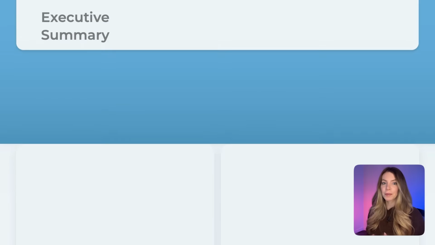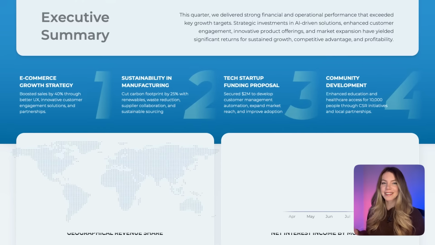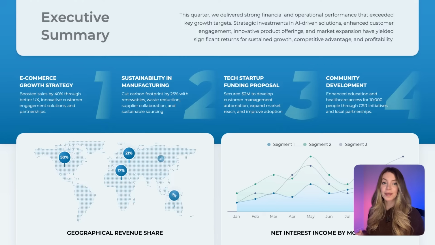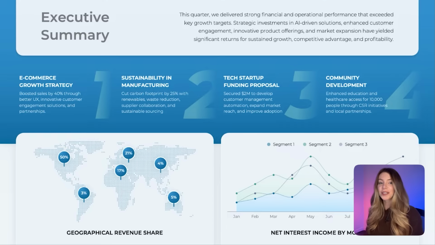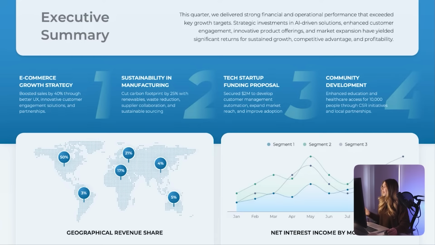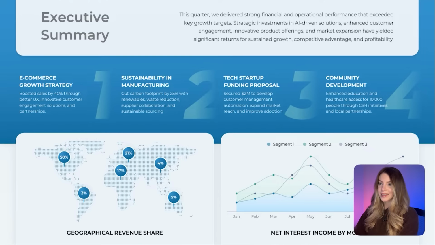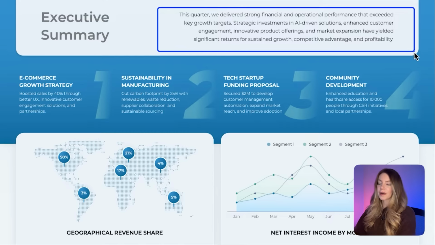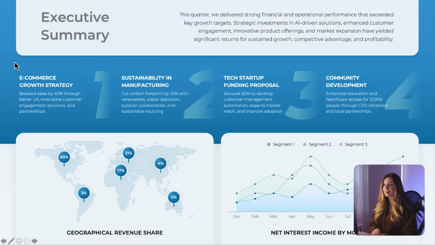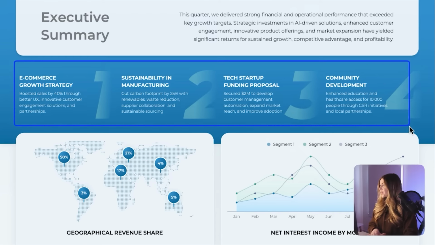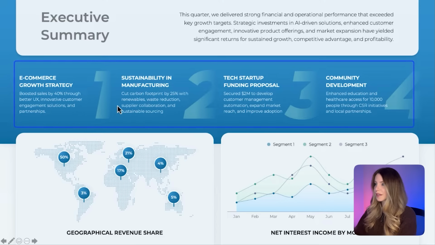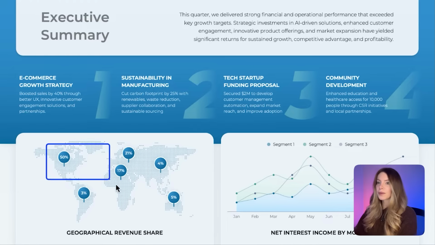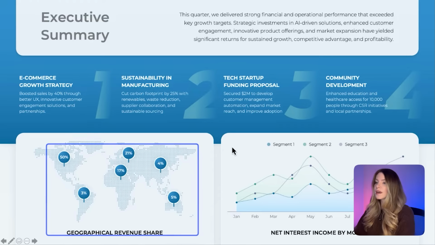For quarterly reports, the executive summary is like a time capsule for a given period's financial performance, strategic initiatives, challenges, and future projection. In this design, the executive summary slide starts with a short summary about the quarter. It then enumerates the key strategic initiatives the company undertook in that quarter, its revenue across different regions, and its